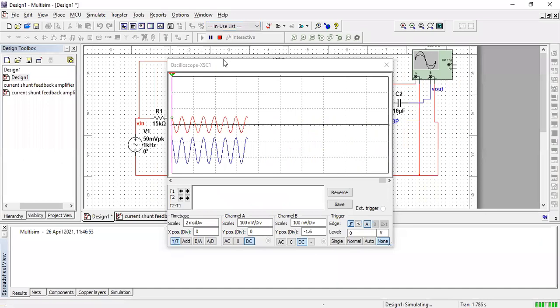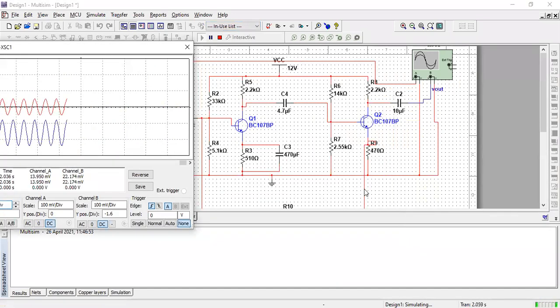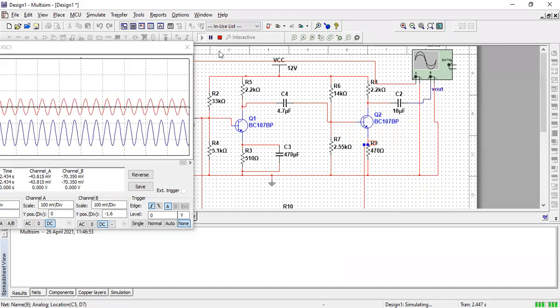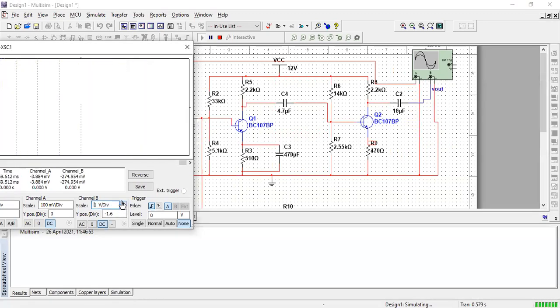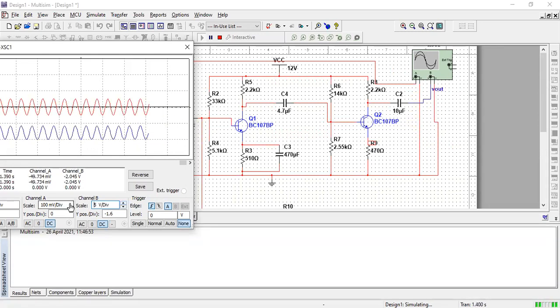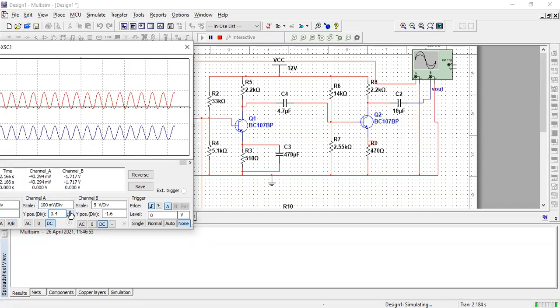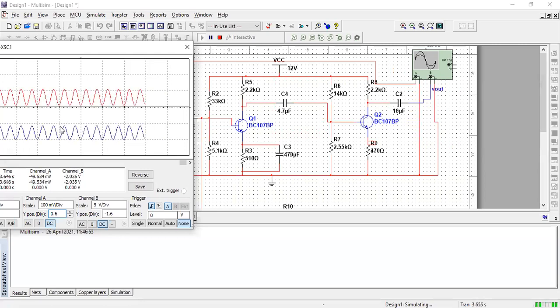So without feedback, if I want to see, I'll stop my simulation first and remove this feedback connection. One end I'll remove. I'll try to execute the circuit. See, without feedback, see the output I'm getting. More output, almost 5 volts you are getting. What is the input I applied? 100 millivolts I applied. This is only one division, less than 1. Actually 800 millivolts, and the output is almost 0.8 into 5, 4 volts without feedback.